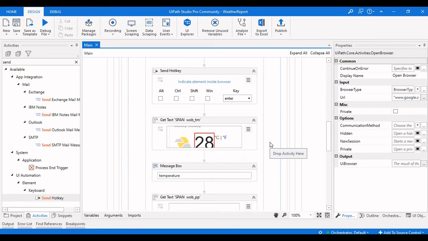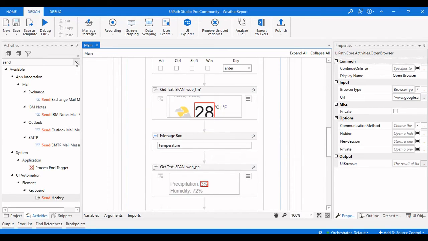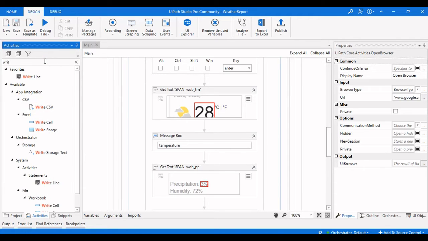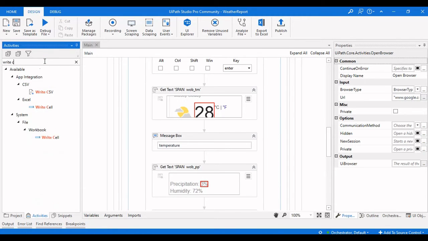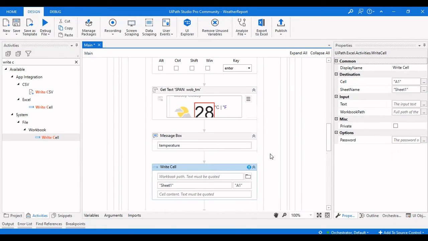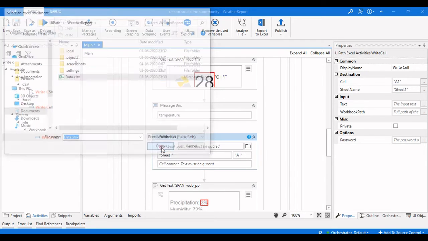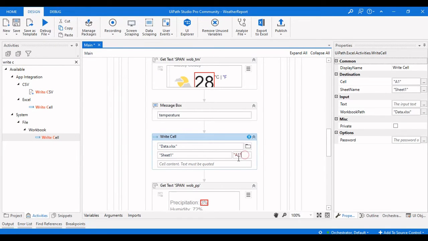Now what we need to do is enter these values in the Excel. So what I will use here is the write cell activity of a workbook in order to enter the values to the Excel file. We will use the data Excel here, and the sheet name, and what the value is.